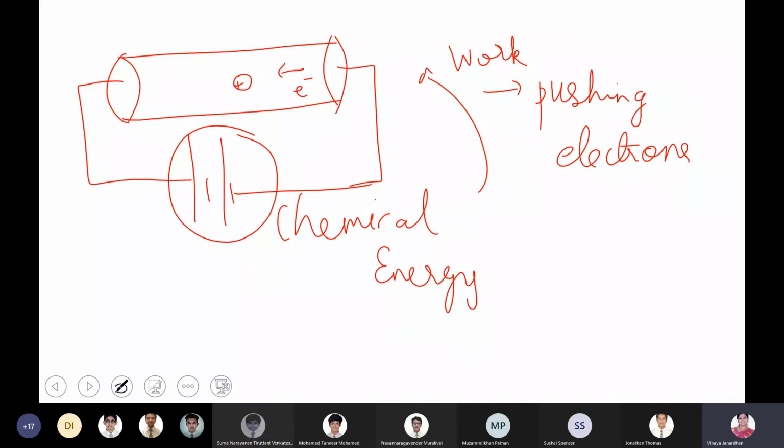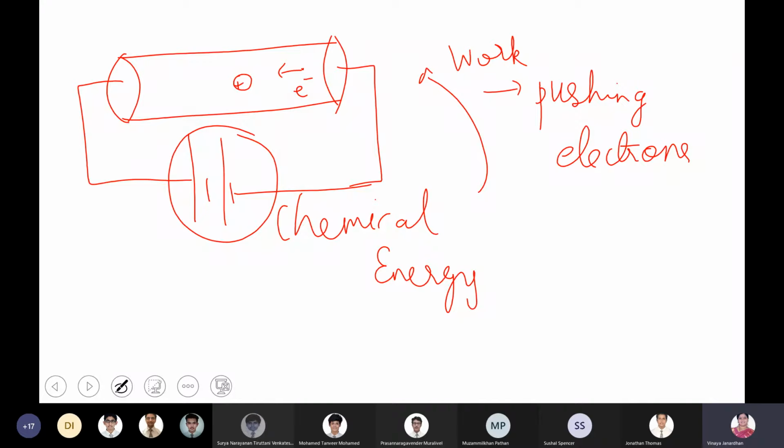That is why you say the resistance depends upon the nature of the material. It depends upon the size of the positive ion. It depends upon the number of positive ions. It depends upon the temperature also, that we'll see what happens when the temperature increases. So when the electrons are being motivated to move, they don't move freely. They are always being obstructed, because they keep on colliding with the other atoms.